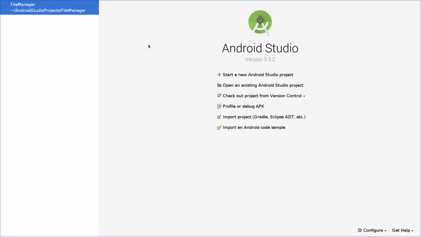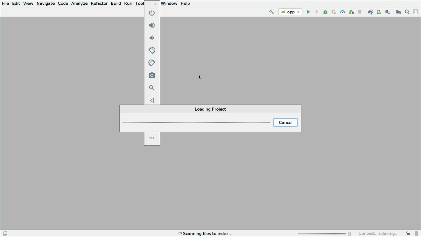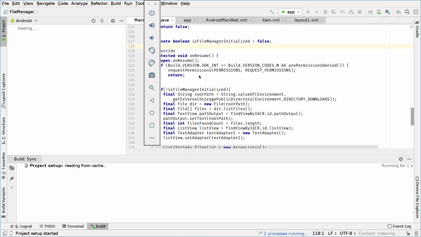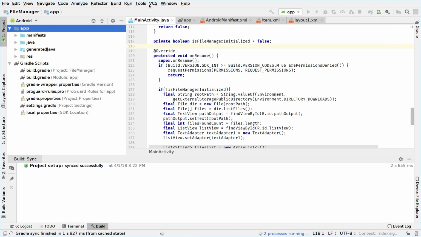Hello and welcome to this new Android development tutorial. This is part 5 of our file manager tutorial. In this tutorial we will learn how to select the file from the list view and start doing some more features and more